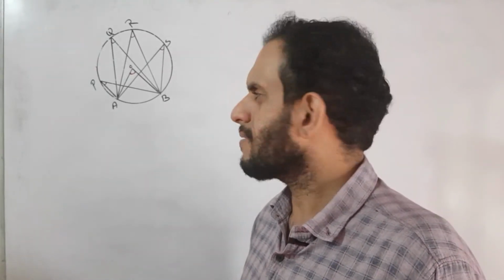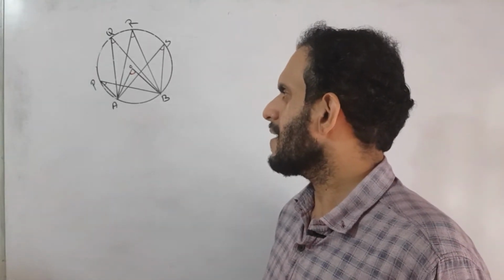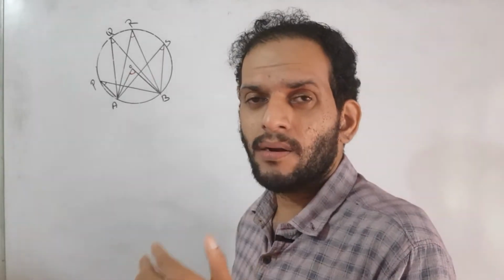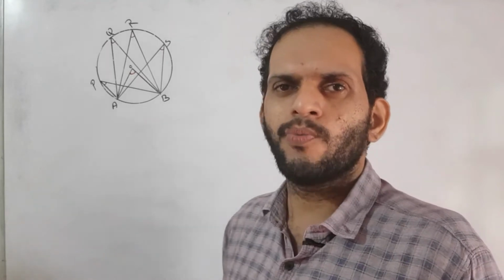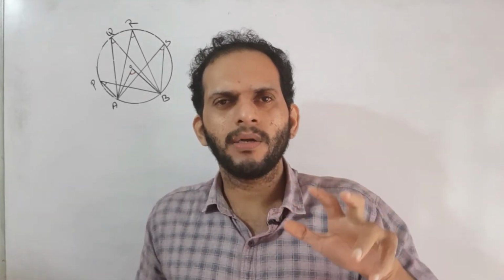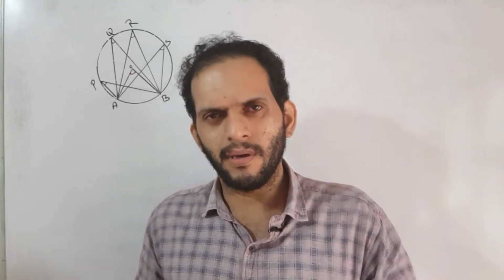And we also mark the central angle of the arc AB, that one is angle AOB. So it is very clear that 4 angles are marked on the remaining part of the circle, the major arc,